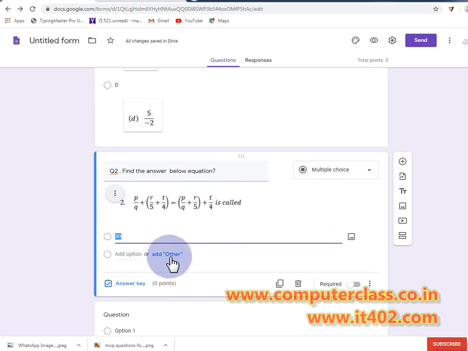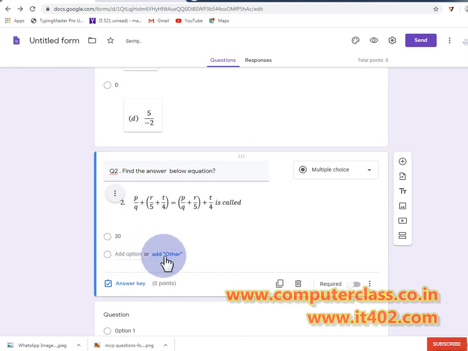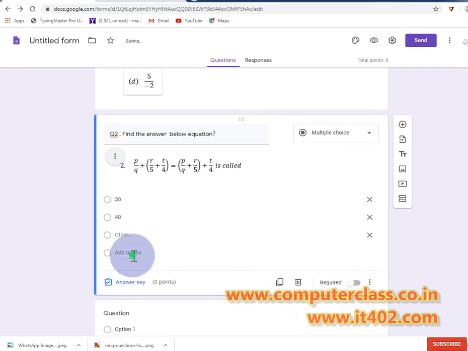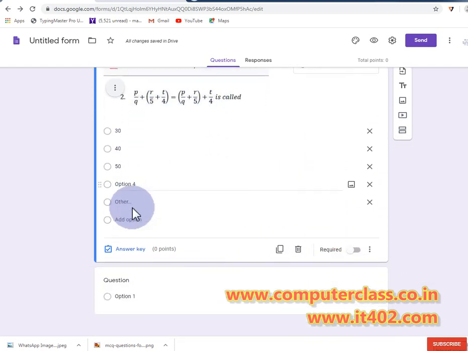First remove that option, then click on add one, click on other, type the values like that. I don't know what the value of this particular question is, what the answer to that question will be.